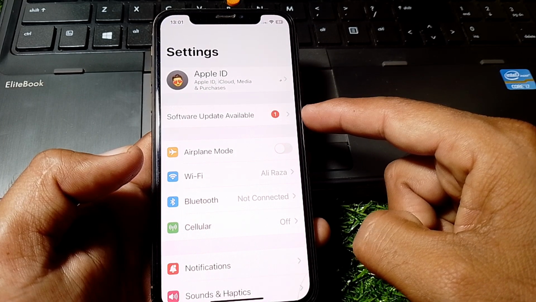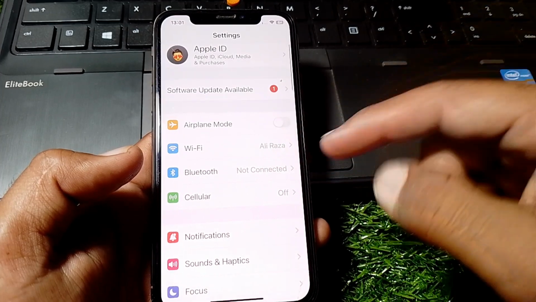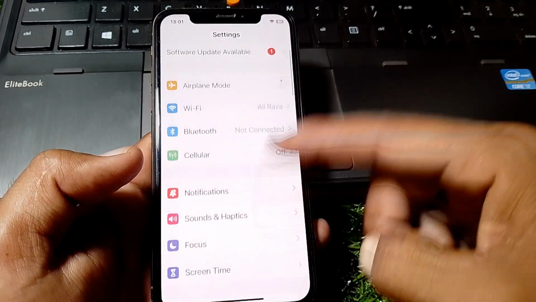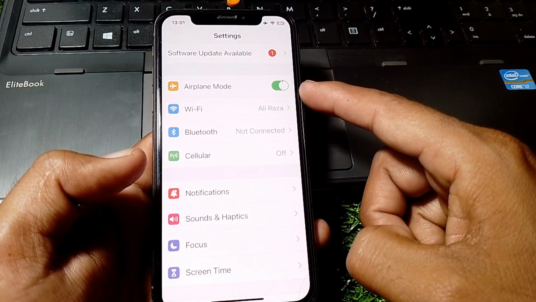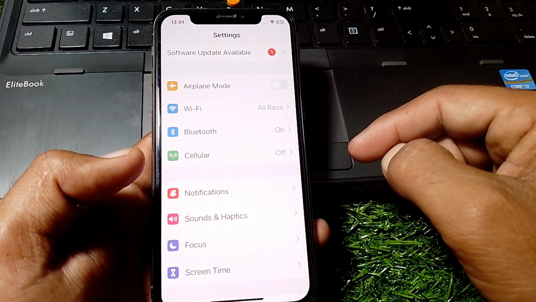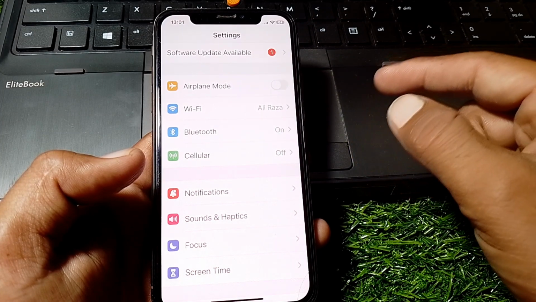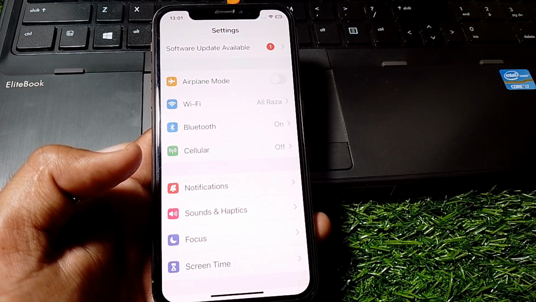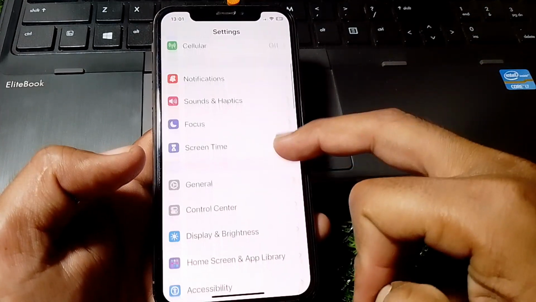Also make sure that you have updated your device. After that, what you need to do is turn on airplane mode for at least 30 or 40 seconds. Then turn it off, try to call someone, and check if it's working or not. If it's still not working, then what you need to do, guys, is scroll on,